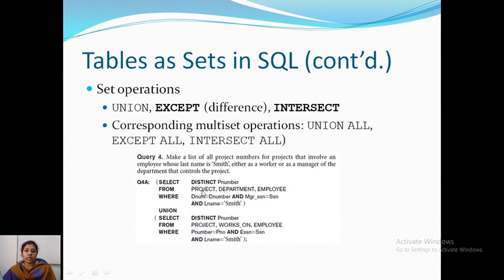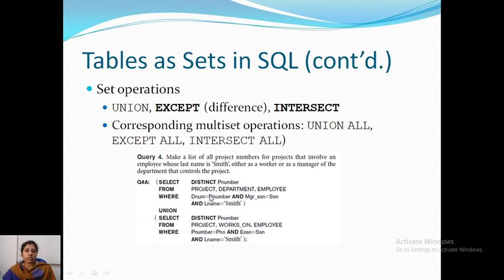and here see, I have to get the project number, so I'll include the project relation, and I want to check that the employee's last name is Smith. That means I need to include the employee relation, and he must be a manager. That means the manager's SSN is there in the department relation. I'll get to know whether he's a manager by joining the department and the employee relation. So that's why the department relation must be included. So in the from clause we'll have the project, department and employee relation.